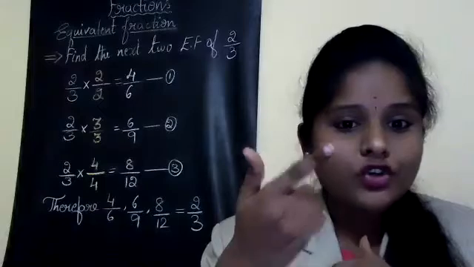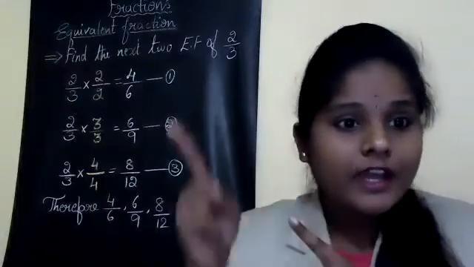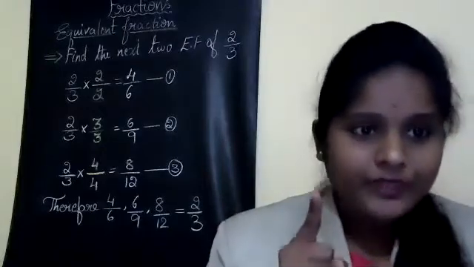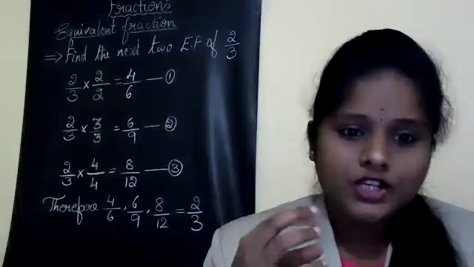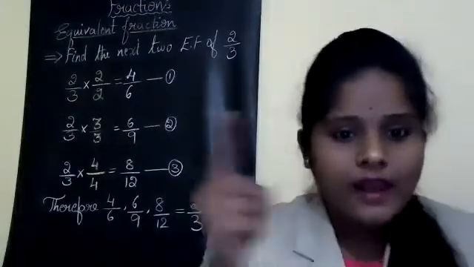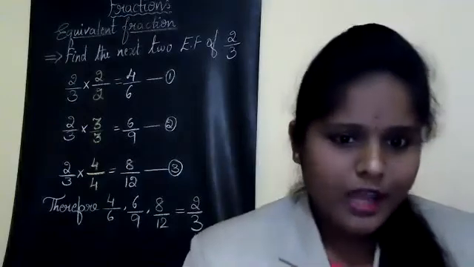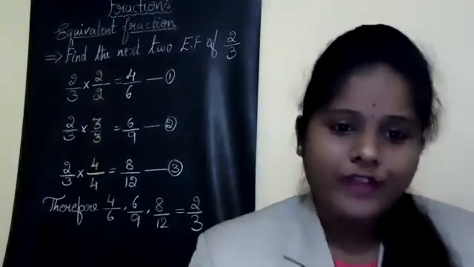Next, when I gave it to Yukta, the fraction was 2 by 4, isn't it? And when I gave it to Aina, the fraction was 3 by 6. Yes. So the numerator and the denominator are changing, but the value is the same. That means they all are having half of the apple. Are you understanding now? So that is what an equivalent fraction is.